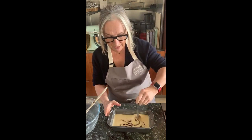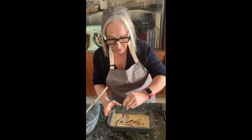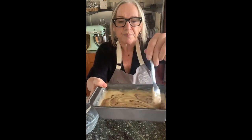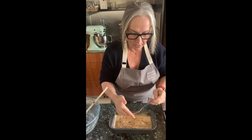And we're just swirling, okay? And if it started to sink, just bring it up over the top, okay? We're just swirling it through. We're not mixing it in completely. We're just making a swirl. Okay? That's it. That's the swirl. Done. Okay? Now,